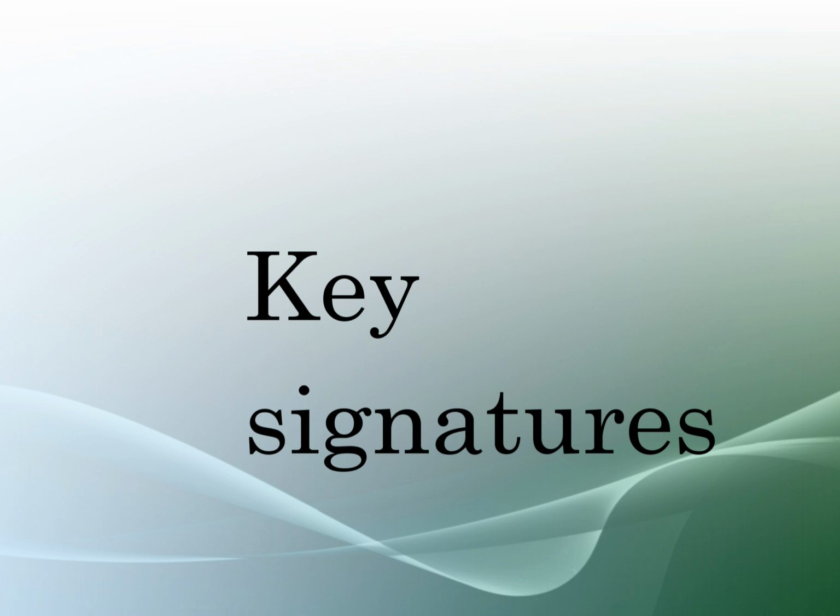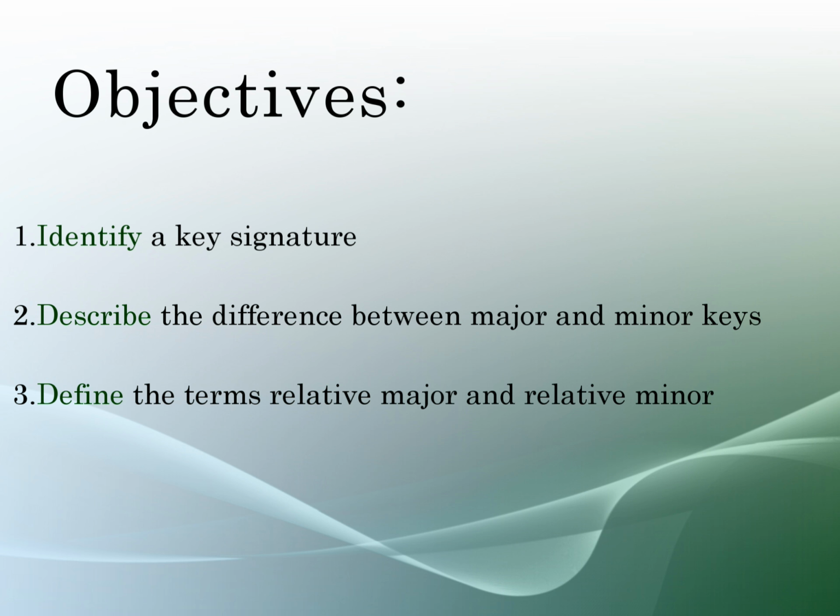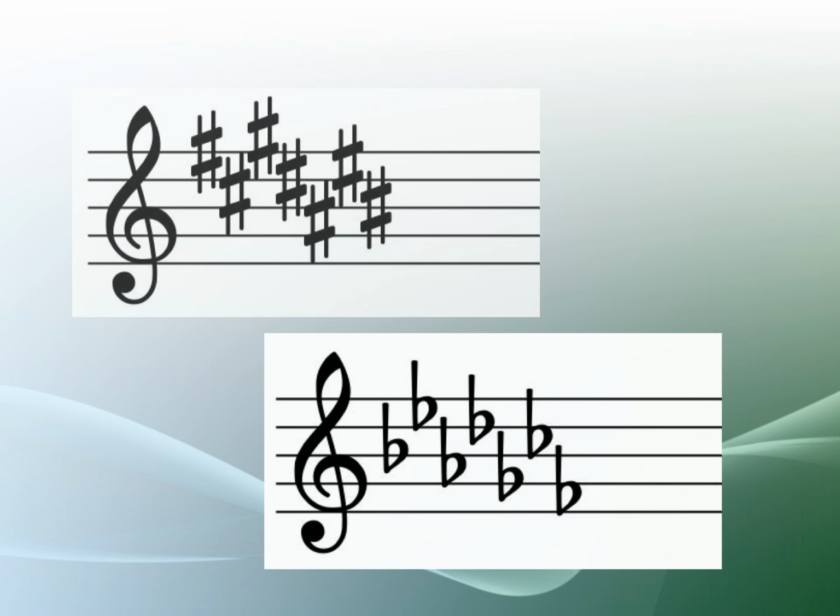In this video, we'll be looking at key signatures, and once you've watched this video, you will be able to identify a key signature, to describe the difference between major and minor key signatures, and to define the terms relative major and relative minor. A key signature tells us which sharps and which flats will occur throughout an entire piece